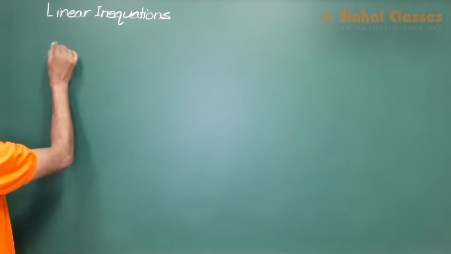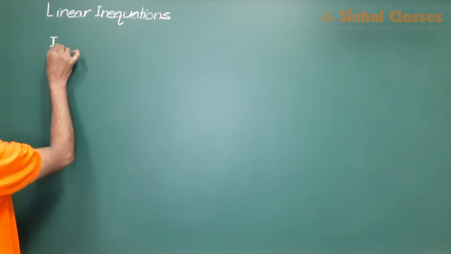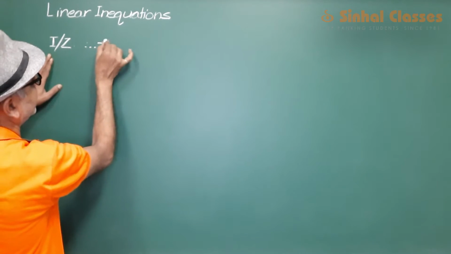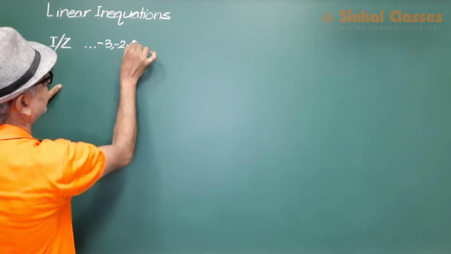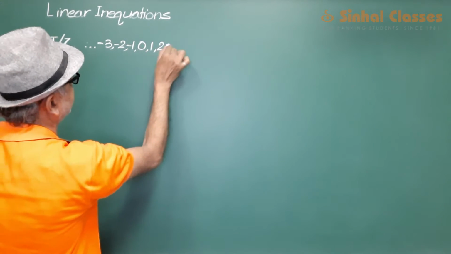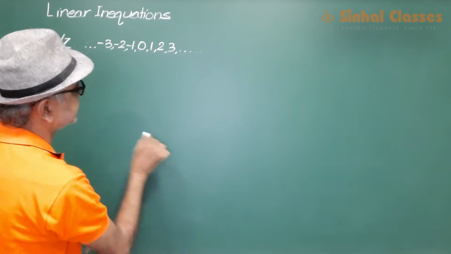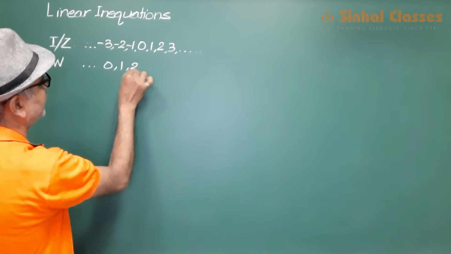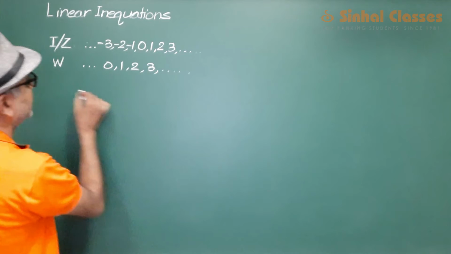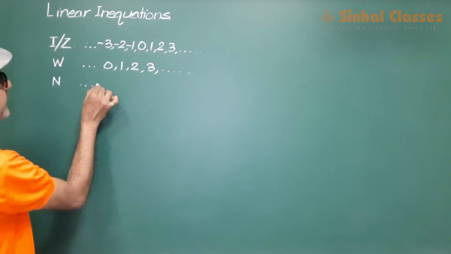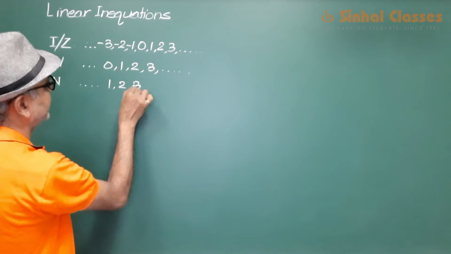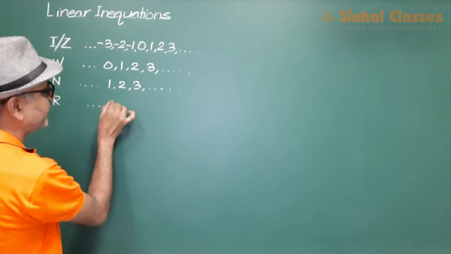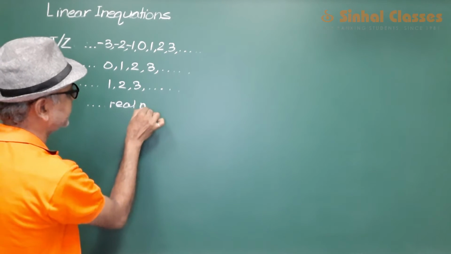Now, we all know that integers are a set of numbers which contains negative, zero and positive. W is a set of whole numbers which starts from 0. N is a set of natural numbers which starts from 1. R is a set of real numbers,